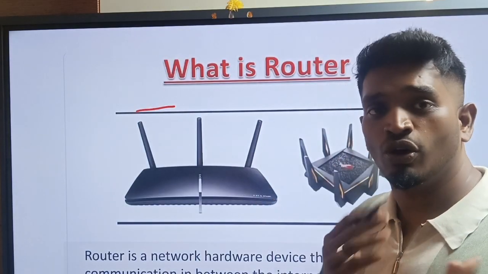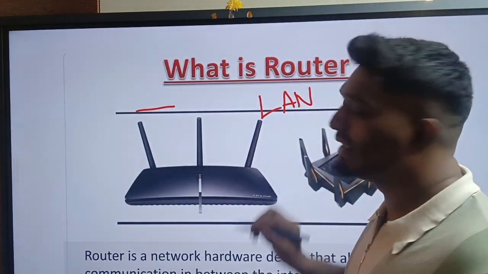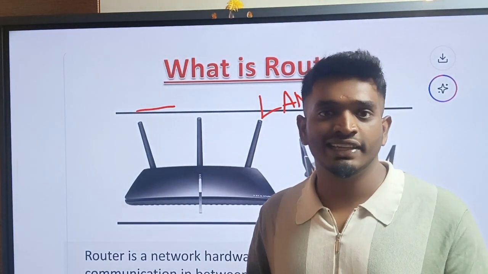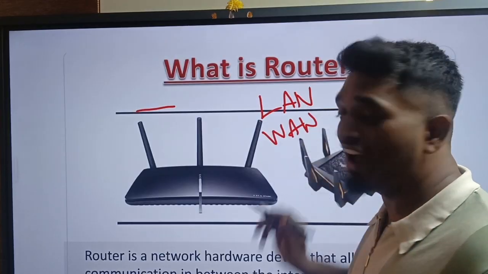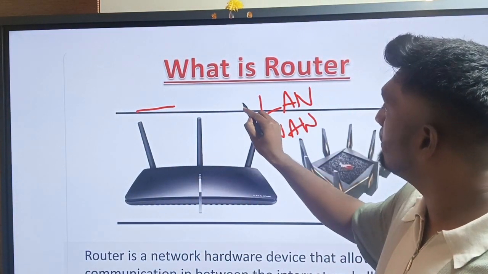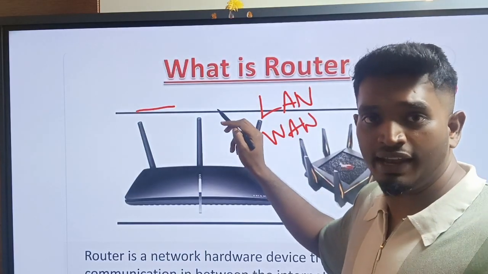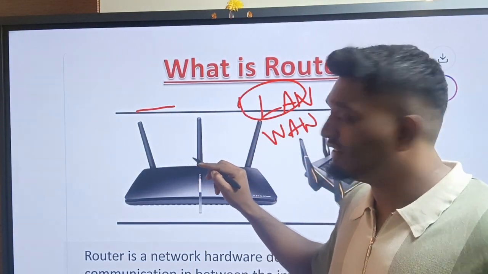Let's say your home is a LAN. LAN means local area network. Then we have WAN, which is nothing but the internet. Our home or our office, that is the LAN, the local network that we have here.